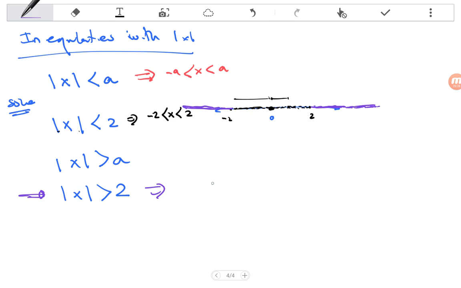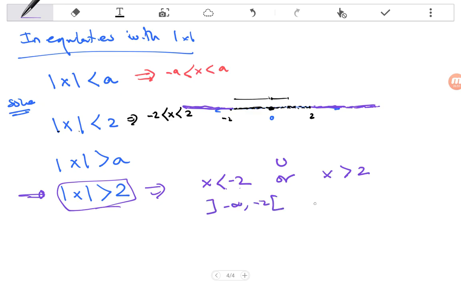It will be x less than -2 union, which is expressed as "or", x greater than 2. All of the x's which satisfy x less than -2 or x greater than 2 are the solution of this inequality. As an interval, we say it like this: -infinity to -2 union with 2 to infinity, which can be expressed as R